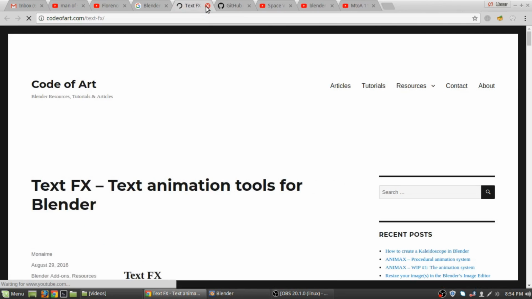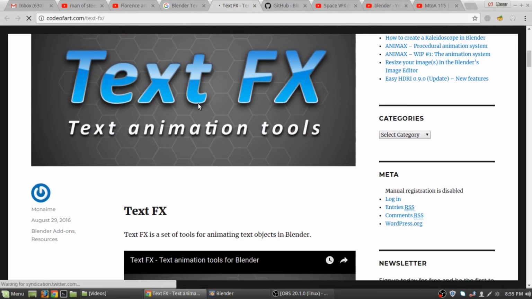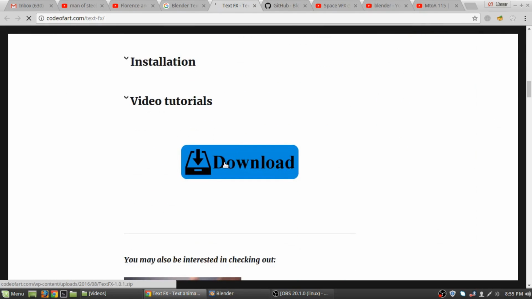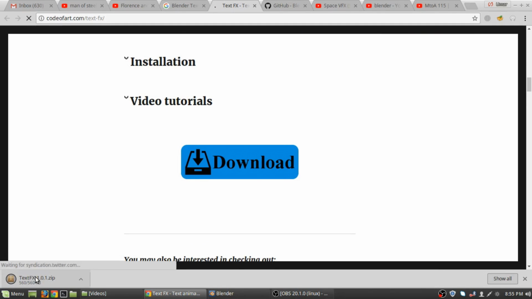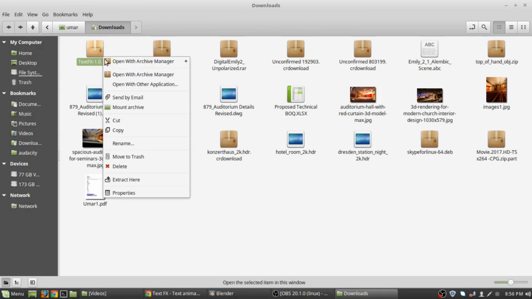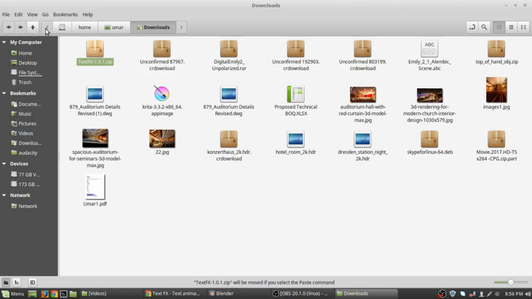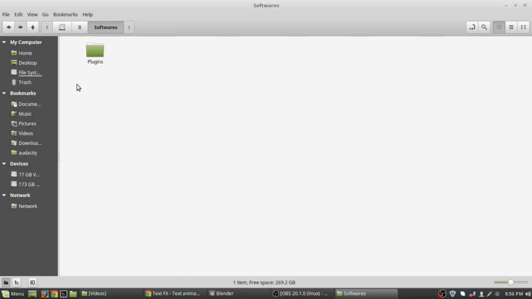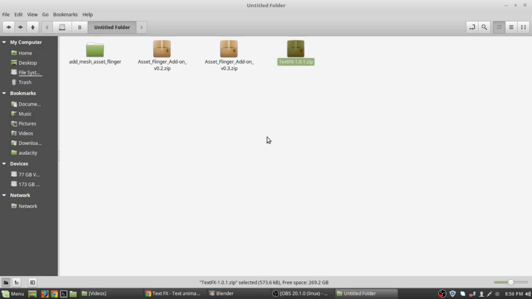And let's just close both of these. Now come down here and we will see a download link right here. Click on this and it will download it into your download directory. Show in folder, and here it is, the very first file. Let's just cut this and go into your computer and save it somewhere that you will remember. And since I already have saved it right here, all I need to do is save it into a folder that I can later delete. So paste it here, extract it,